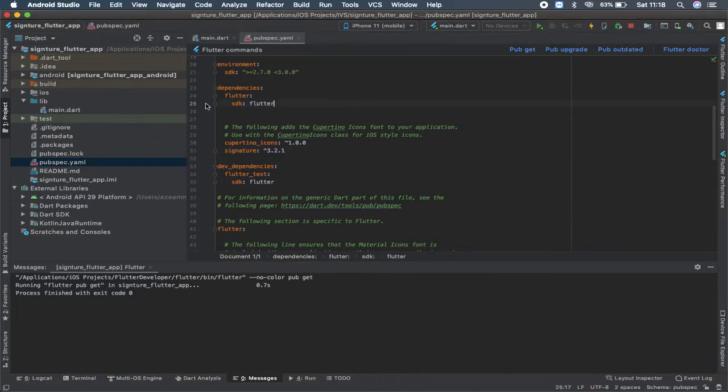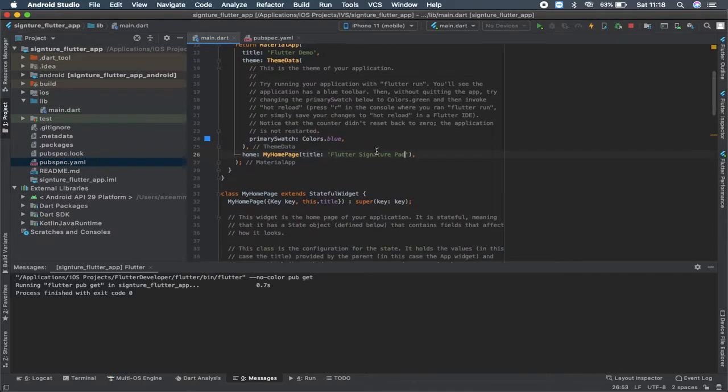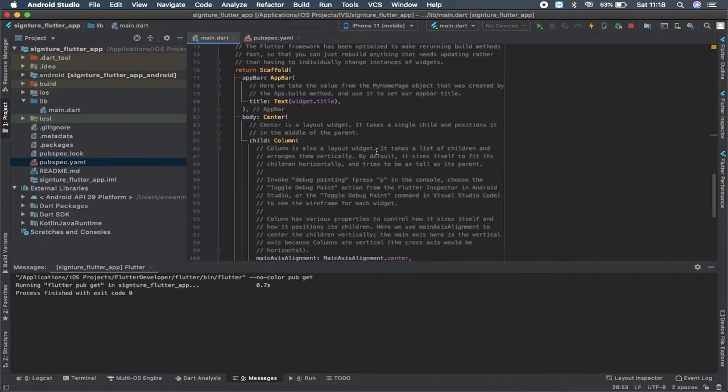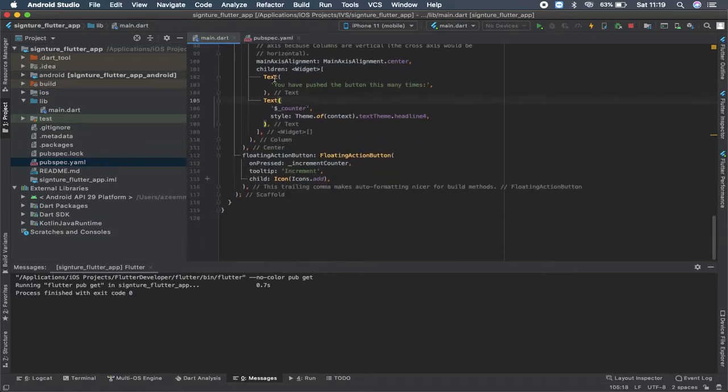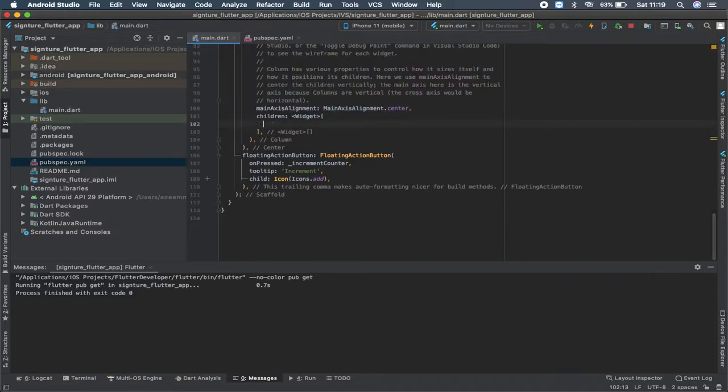So next, I'm going back to the main file. Inside this you can find the child column, which is having the center widget, and the center widget is having the text. So I'm going to remove all this, and bring in containers for the signature pad, and also implement a clear and save button in order to clear the signature. In order to do that, first of all, I'm going to bring a new container over here,